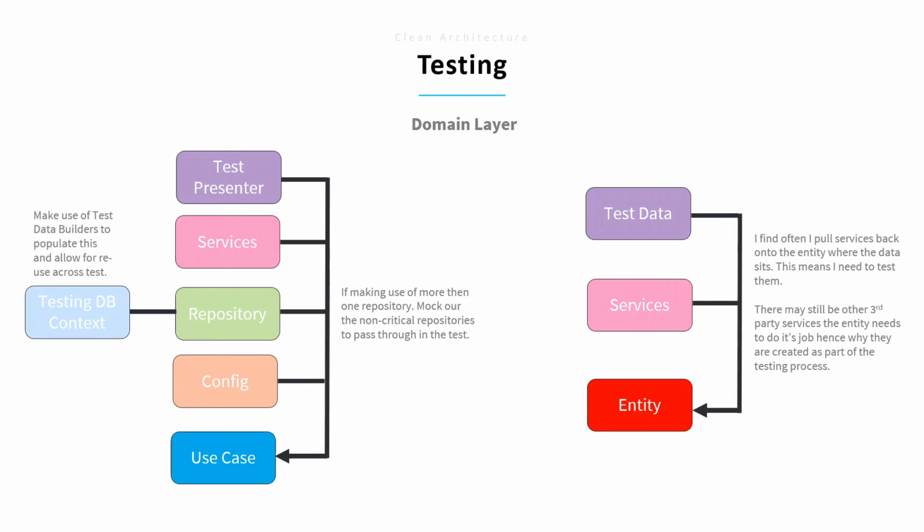So if you're testing, use the property presenter. New up any services you may have. There may still be some services floating around. Not everything models nicely to a domain entity. Create a repository and then use a testing context to kind of seed the context against the repository. Set up any configuration you may need. Once again, you may need to mock this out because the use case is expecting some config to be passed down. And then obviously pass all that into your use case so that it can use